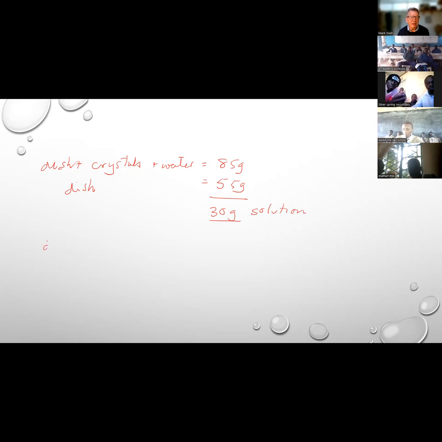Now, if I have the dish and the crystals, and the dish and the crystals is 61 grams, and the dish itself, we have already said, is 55 grams, then we know that the amount of the solid, the crystals themselves,